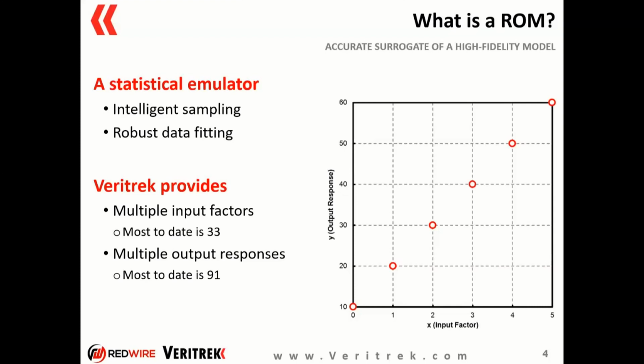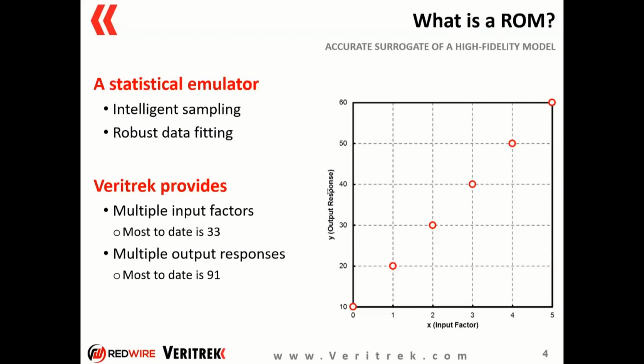And so we have a very simple example here. Imagine you have a thermal desktop model, and let's say we have an input factor of a heat load on a component, and that's on our x-axis. We're going to vary our heat load from 0 all the way up to 5 watts. And what we want to understand is what is the impact of changing that input factor. So what's the temperature of a node